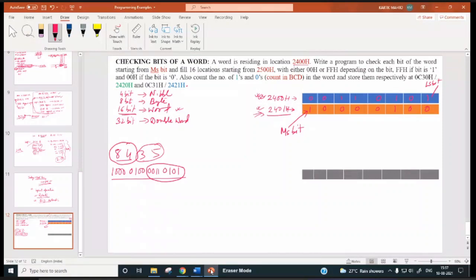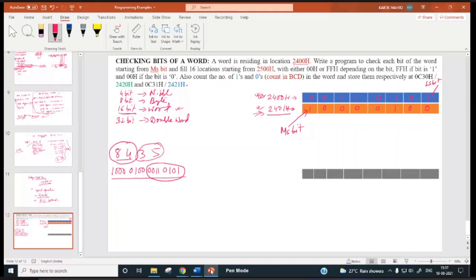Write a program to check each bit of the word starting from the MS bit. So you have to check whether this bit is 1 or not. Then you have to check whether this bit is 1 or not. Similarly, you will keep on verifying each and every bit.